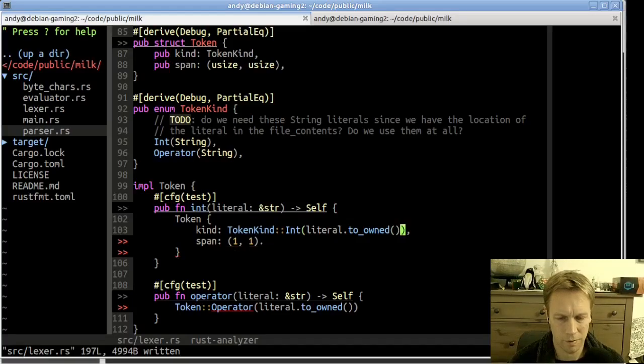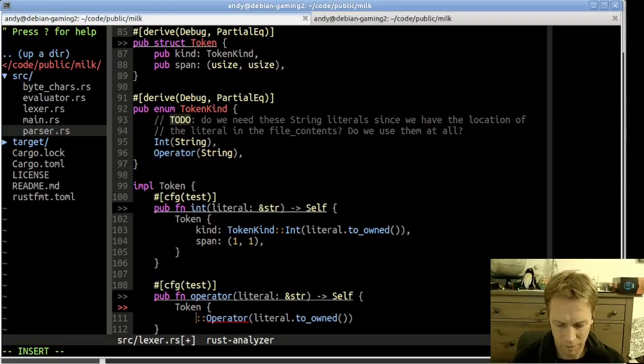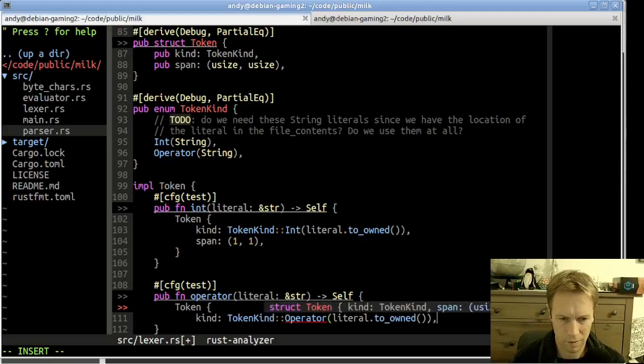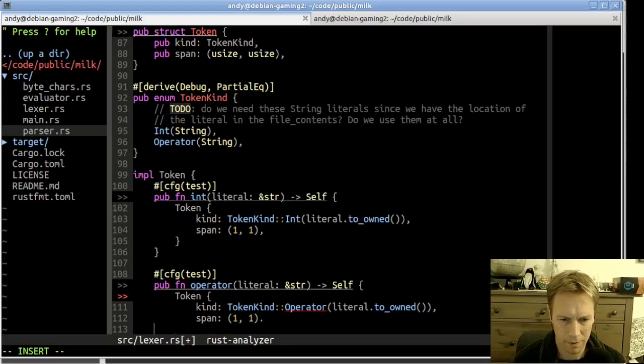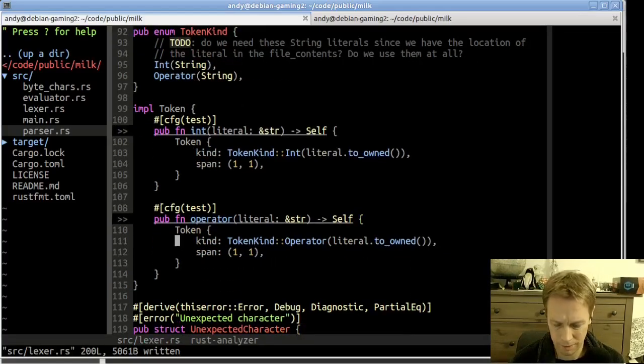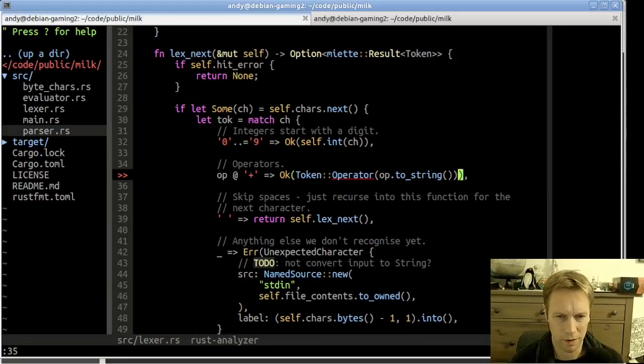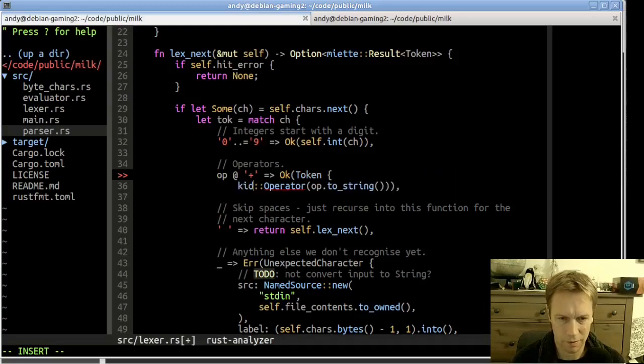And what have I done wrong? Oh, there should be a comma. And again, this is going to be a token with a kind of token kind operator, and a span of 1, 1. No full stop, and close the token up. So that's the easy bit. What else? Yeah, okay, so here, this is going to be a token, same kind of thing, with a kind of token kind